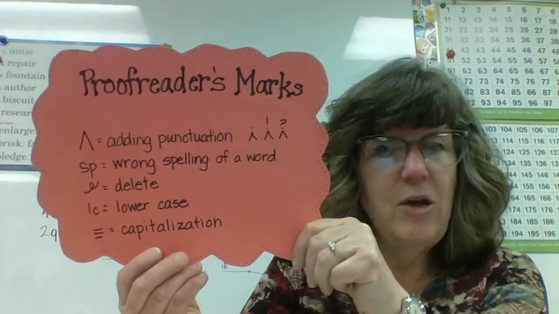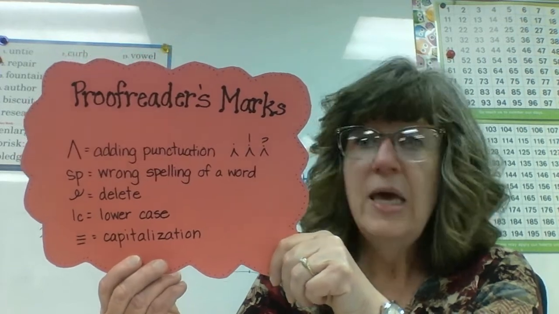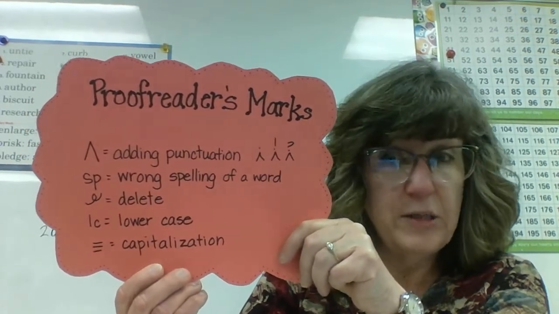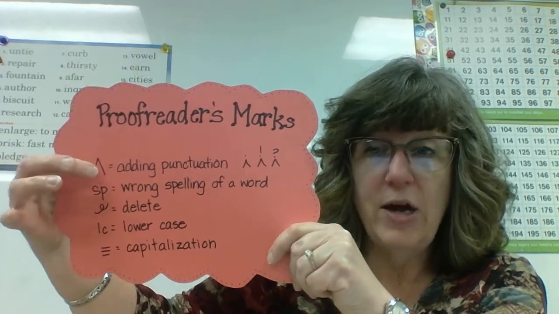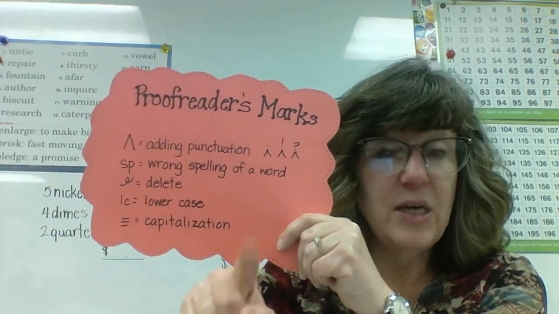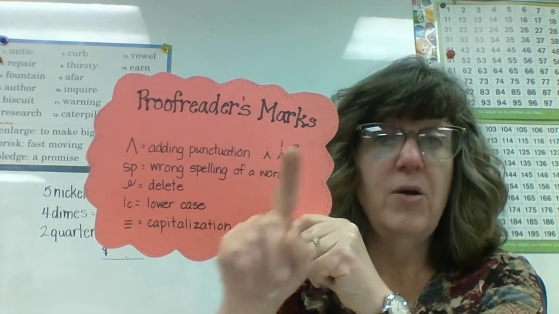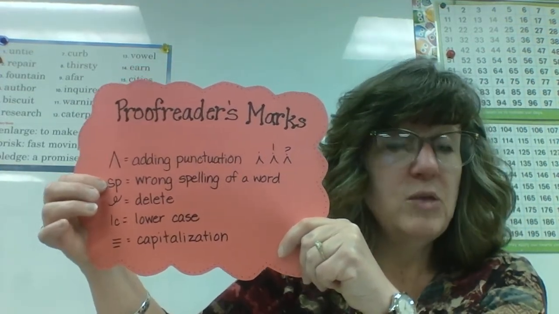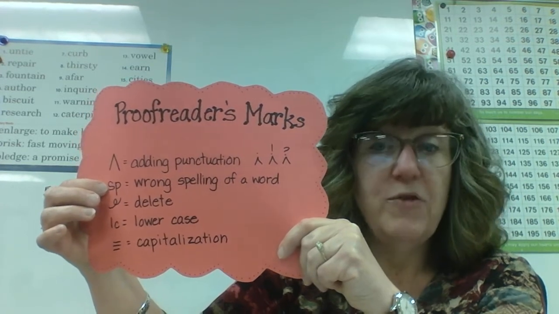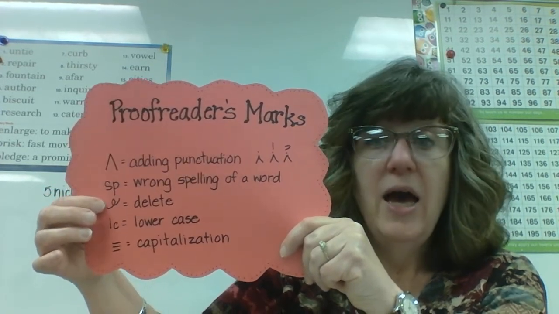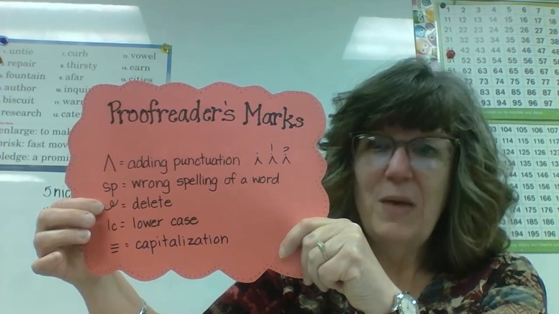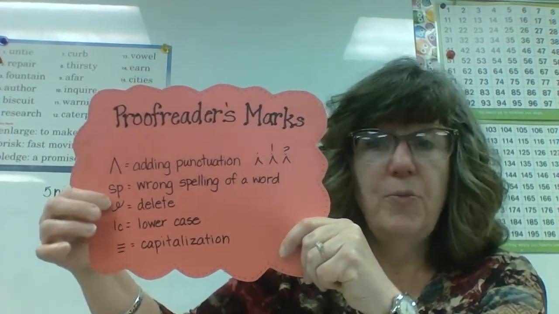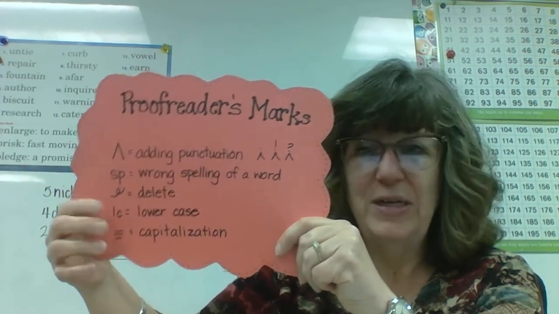Now, Mommy and Daddy, or your helper, whoever's helping you today, does not know all our proofreader marks. So Mrs. Kraft made up this little list for us so we can remember. Remember, a caret, we're going to put it at the end of the sentence and add our punctuation. A period, an exclamation mark, a question mark. SP means that there's a word that's spelled wrong. So you have to find the wrong spelling. Pig's tail, or the curlicue, means delete. Means maybe there's an extra word. Maybe they said the twice. You put a curlicue, a pig's tail above it.